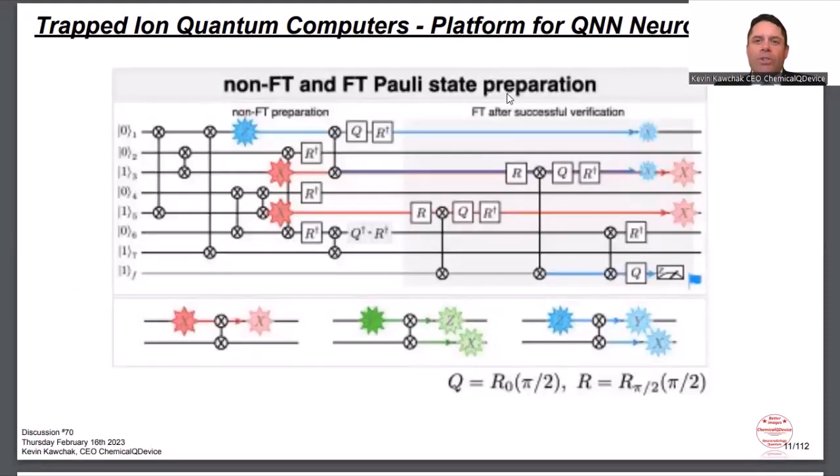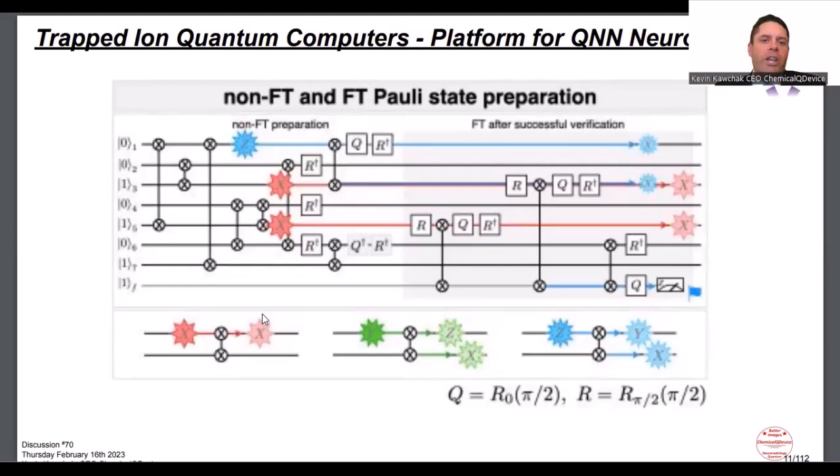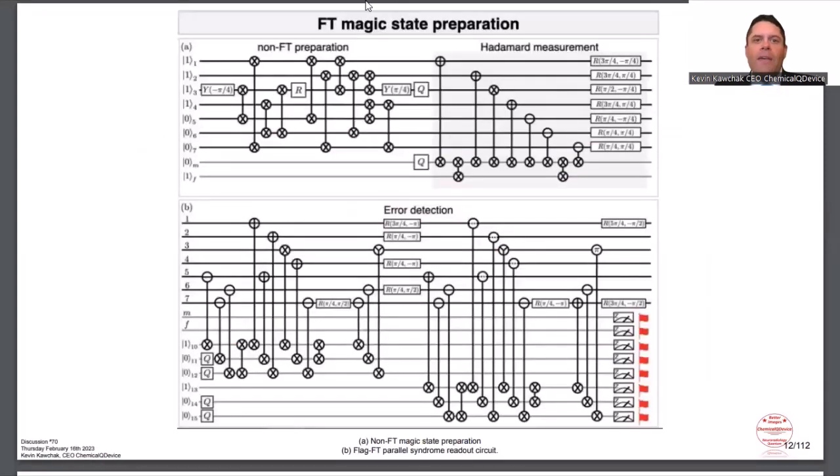And then this kind of gives you an idea of what's going on. There's always going to be some level of error in quantum computers. It's just, is it fault tolerant, or can you correct it? You see on the left, non-fault tolerant preparation looks different than on the right, fault tolerant after successful verification. And if you really want to go into that, I recommend this paper. And then here they have